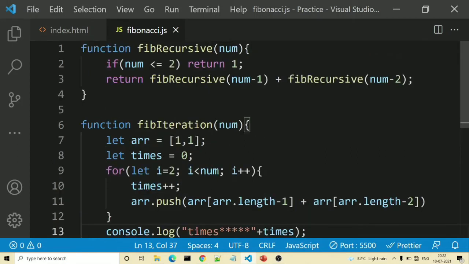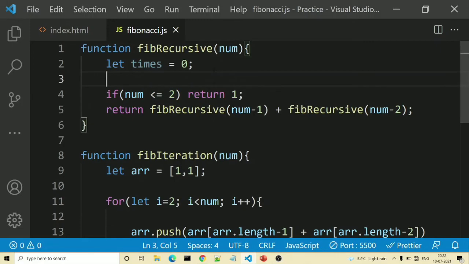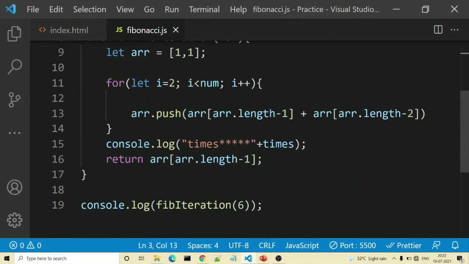Let's see in case of recursion, how many times it is called. So we will simply cut it and paste it.